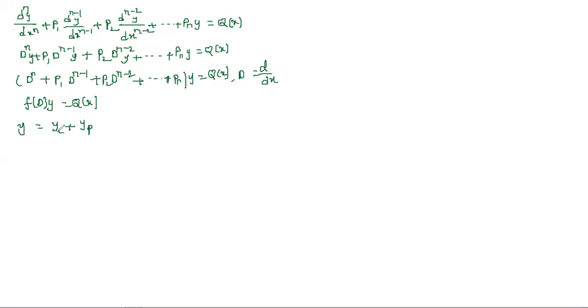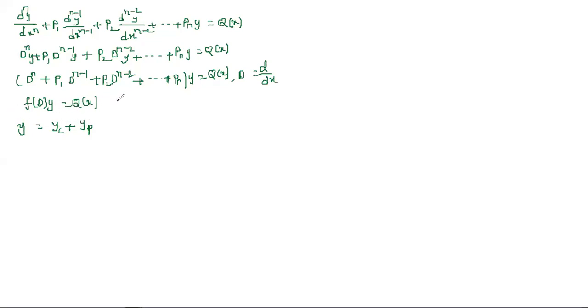And here yc is nothing but what we are calling complementary function, or in other words we can say the general solution. So this one we call general solution or complementary function. For every problem, the basic thing is you need to first find this general solution. After that, you need to calculate the particular integral, that is nothing but what we are representing as yp. Okay, so now how to find the particular integral?